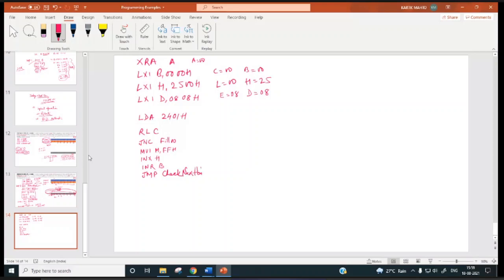Now if the carry flag is not there, then these instructions will not be executed. Execution will start from here till 00.